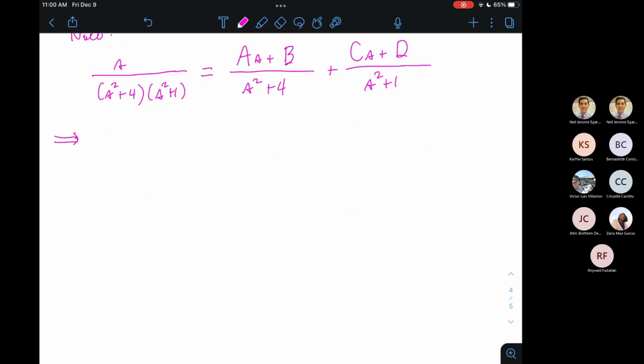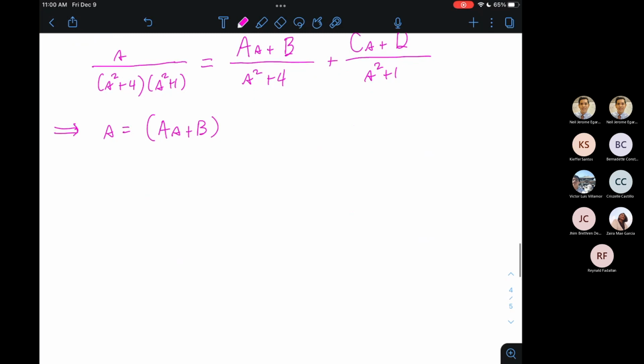Now, I'll multiply both sides by s squared plus 4 times s squared plus 1 to get rid of the denominators. So we'll have s equals as plus b times s squared plus 1, plus cs plus d times s squared plus 4. Okay. Now we have 4 unknowns here. Unfortunately,